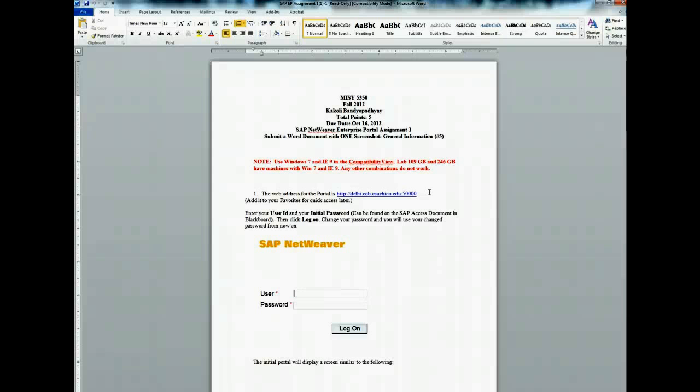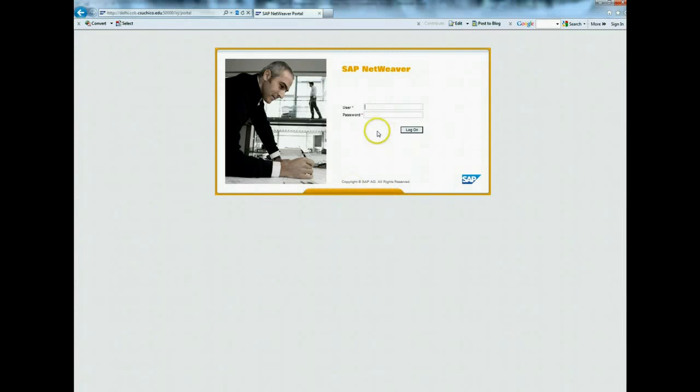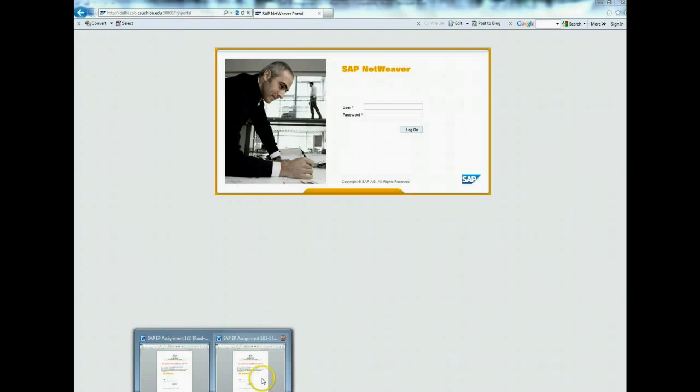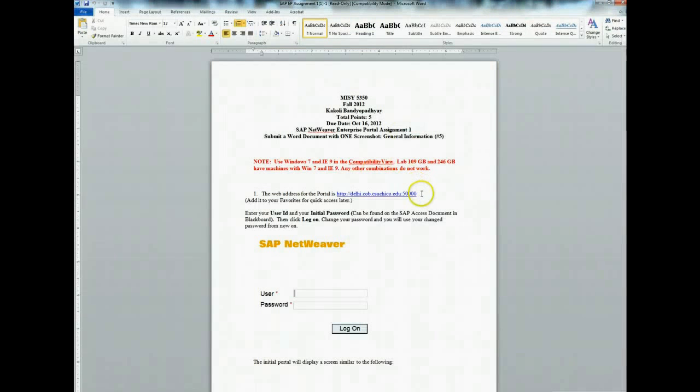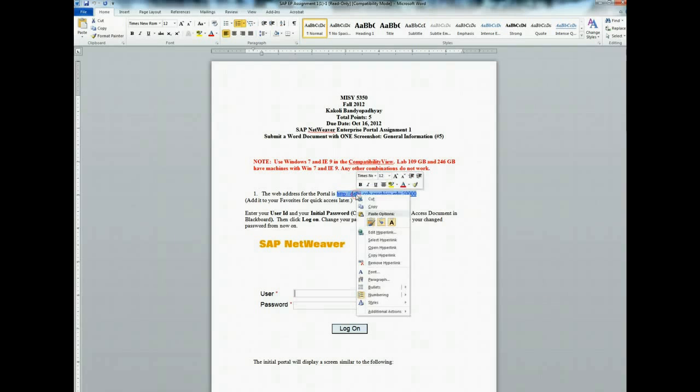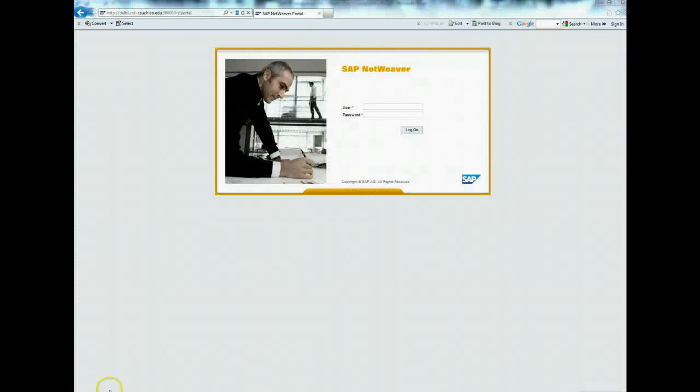Okay, so let's first log on to NetWeaver. For logging on I have to go to Internet Explorer and type in the URL, which is given here. You take it from here, right click, copy, come to Internet Explorer, paste it, and then you type in your ID and password.